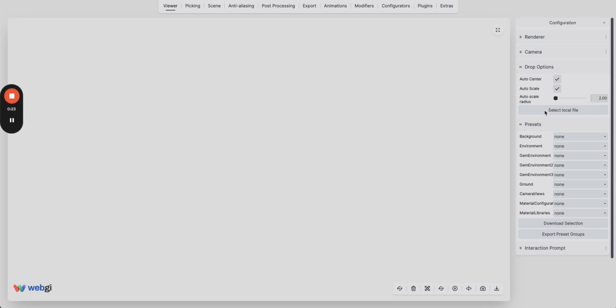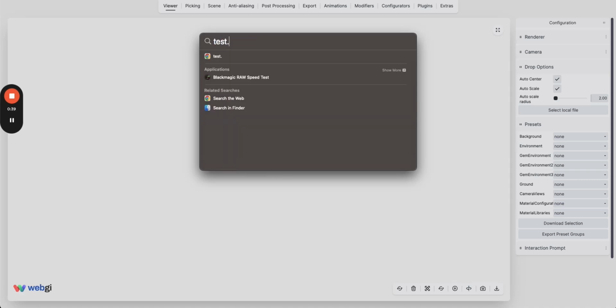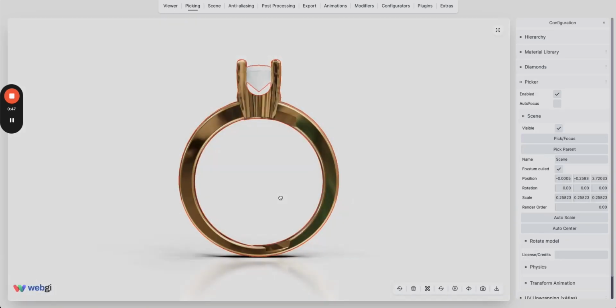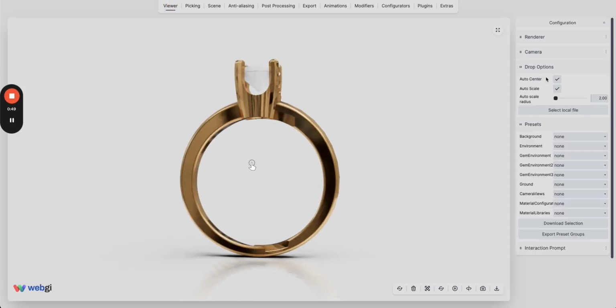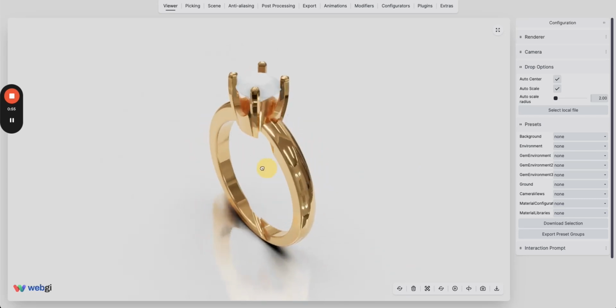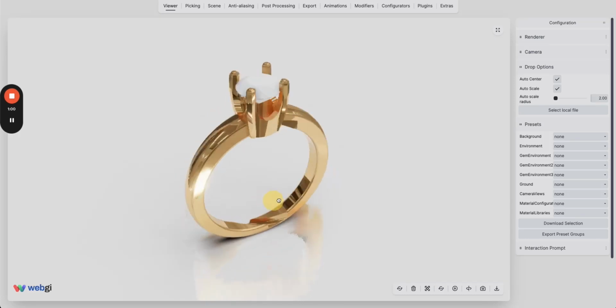Or maybe let's start with the drop option. So as you can see here in the viewer tab, we have the drop options. And for this, let's load an object, test, drop. If I drop this, since in the drop option, auto center and auto scale is true, the camera is rotating nicely around the object, it is at center, and also the scale appears fine on the